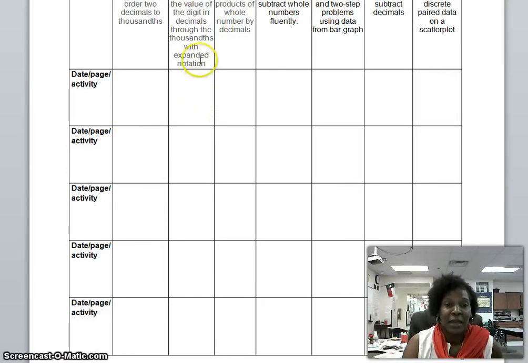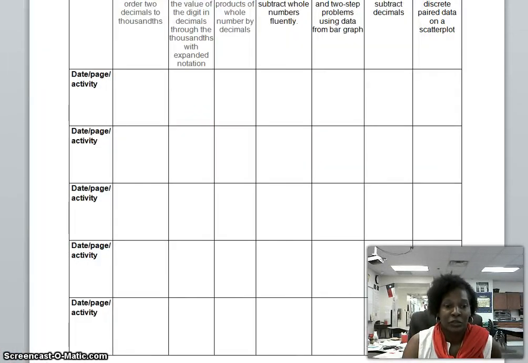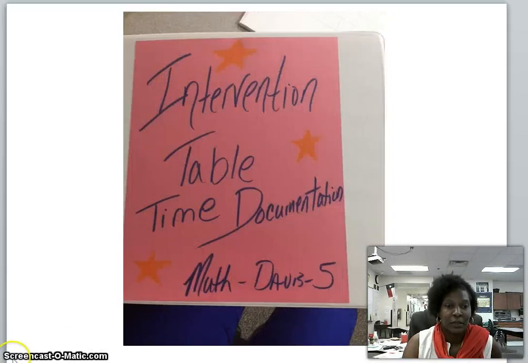They do Think Through Math, I'm able to pull that up and I can add in more of these based on their Think Through Math. And they have a copy they keep in their binder, and I have a copy that I keep. This is the way that I am able to better track that for them. So that helps me with meeting their needs. So if you wanted more specific information on how I